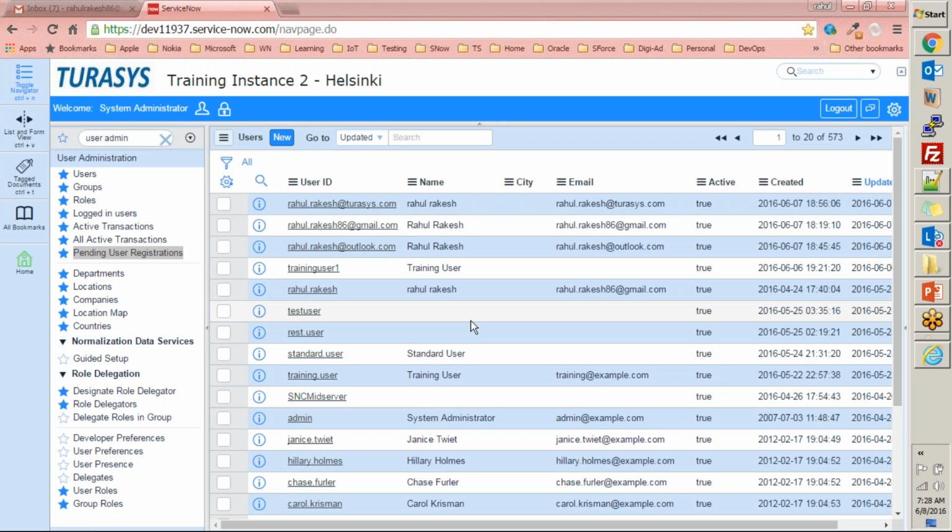Kabir, I'll prefer to answer your questions when you ask them. I don't always see the chat window, so it becomes difficult because it takes time to understand. You can directly ask me questions as well. Unmute yourself and ask. How can we create a user account so that when an incident is created or a request is generated, that user will get an email notification saying this incident has been created?